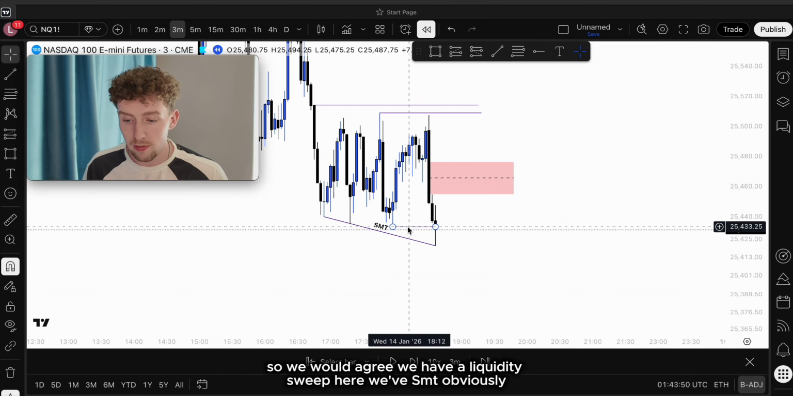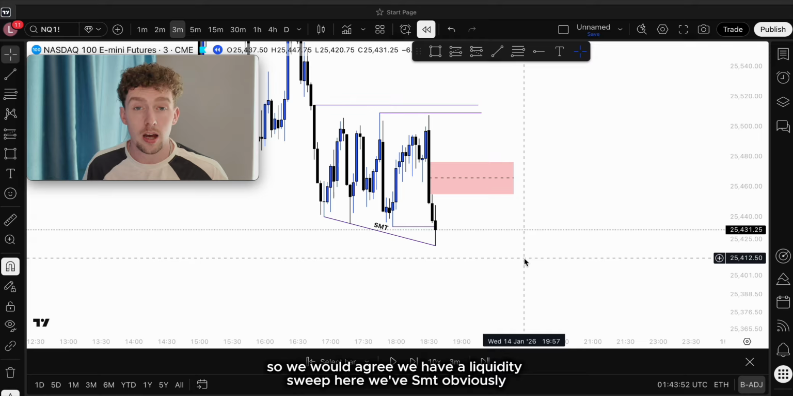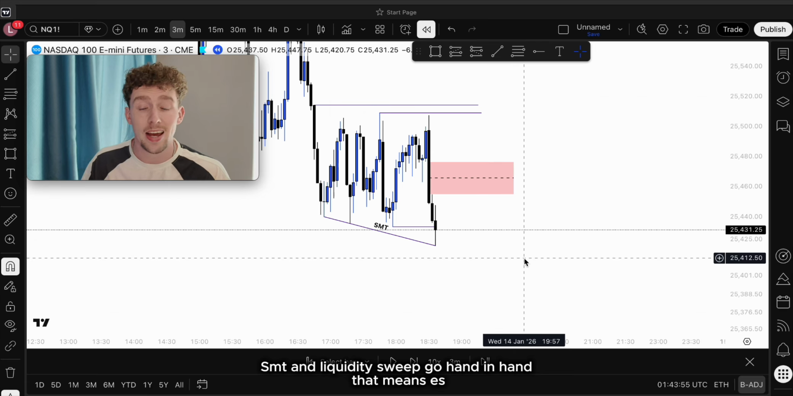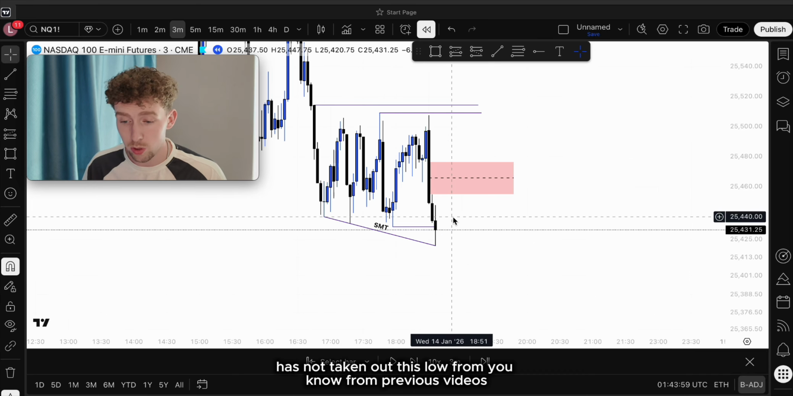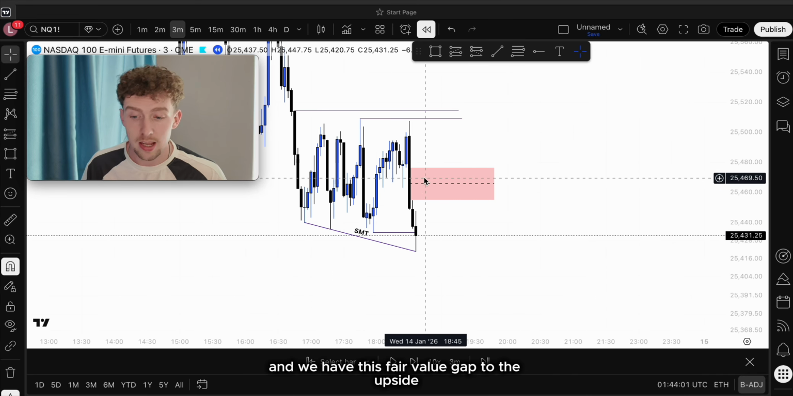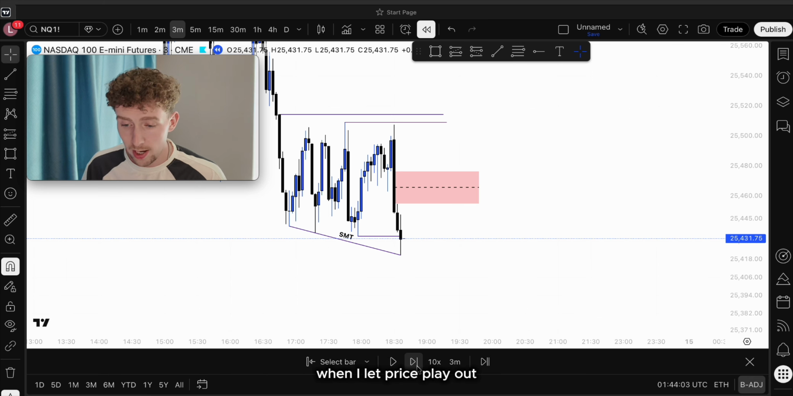So we would agree we have a liquidity sweep here. We have SMT. Obviously SMT and liquidity sweep go hand in hand. That means ES has not taken out this low, from previous videos. And we have this fair value gap to the upside. When I let price play out,